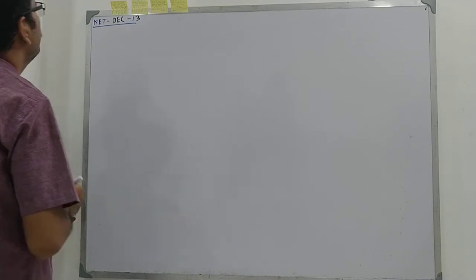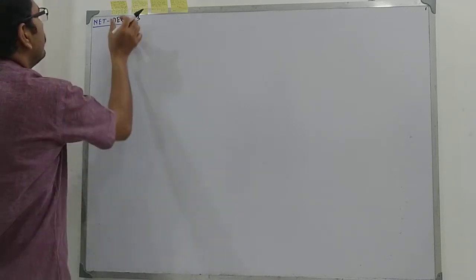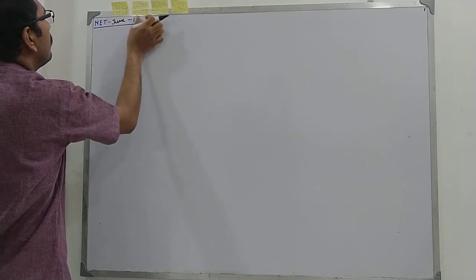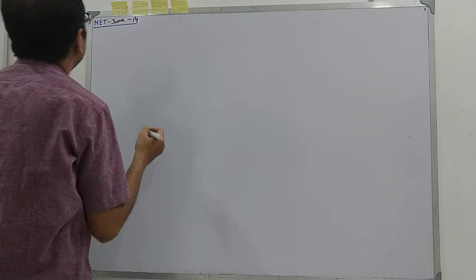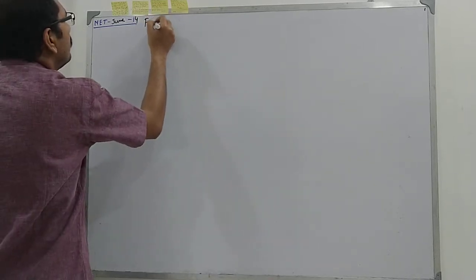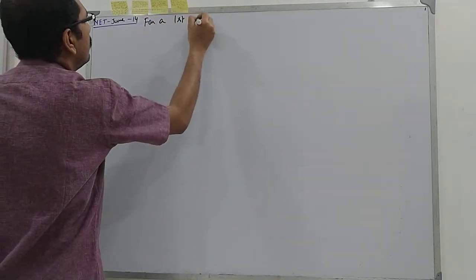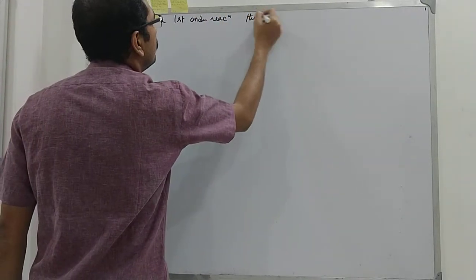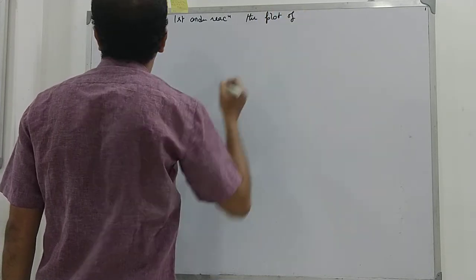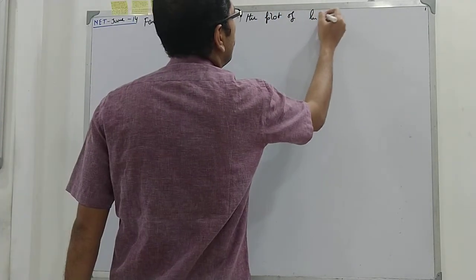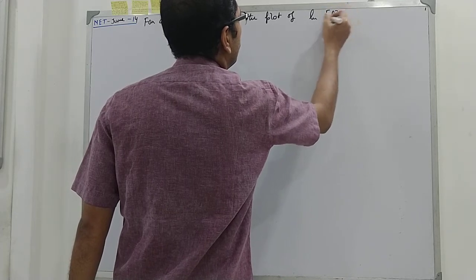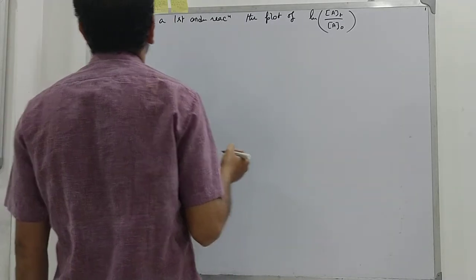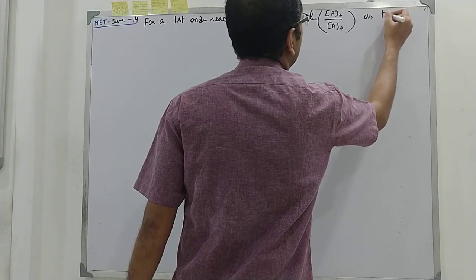Now the next problem, which appeared in NET June 2014. It is given that for a first order reaction, the plot of ln At by A0 versus time